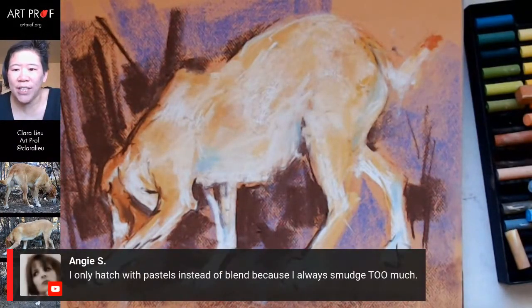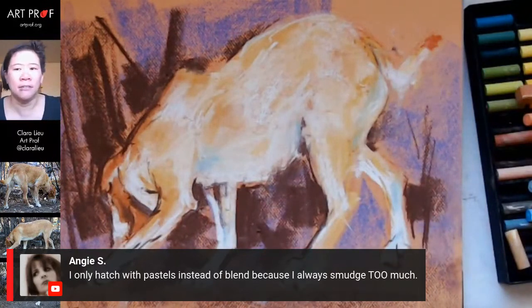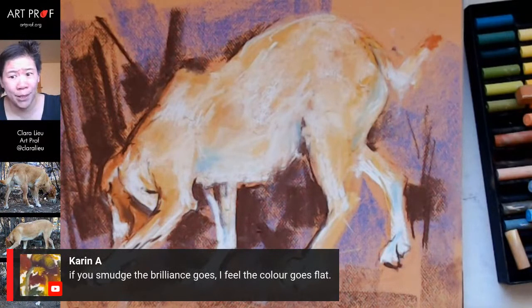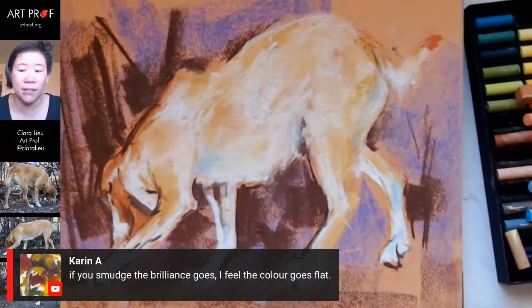Angie says, I only hatch with pastels instead of blend because I always smudge too much. When I do smudge, it's in small quantities. Or if I want to put a whole pass of smudging as a ground for a drawing, I might do something like that. But yeah, smudging can be difficult. This is a great point from Karen, who says, if you smudge, the brilliance goes, I feel the colors go flat. Yeah, you lose the intensity